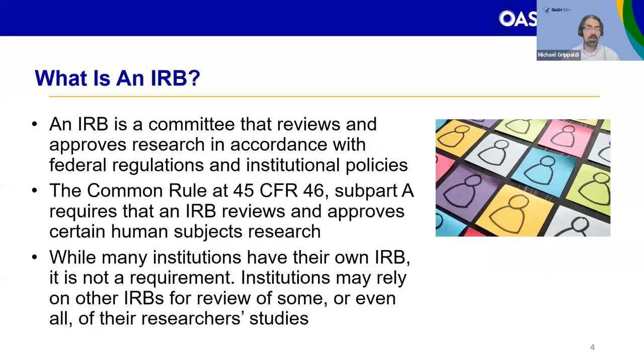So it's not a requirement that each institution has its own IRB. If an institution does a lot of non-exempt human subjects research, it might make sense for them to have one. But for an institution that infrequently conducts non-exempt human subjects research, the cost and administrative burden of maintaining an IRB might not make sense. For whatever reason an institution chooses, it can opt to have its research reviewed by an external IRB. In these instances, an agreement should be in place between the two institutions that outline the duties and the responsibilities of each.